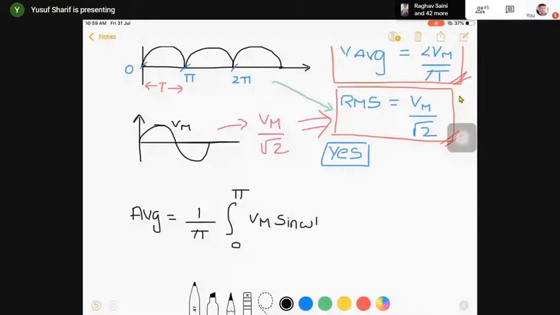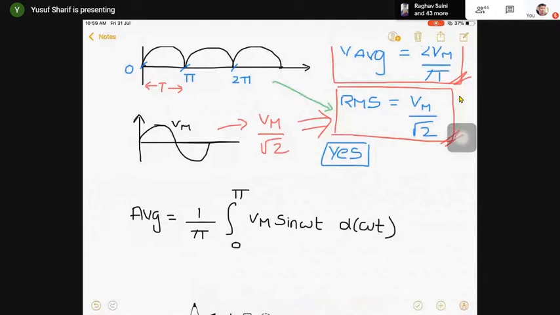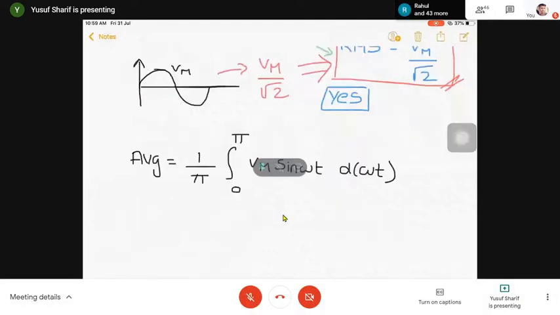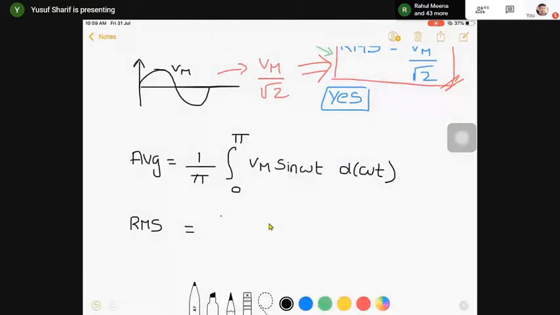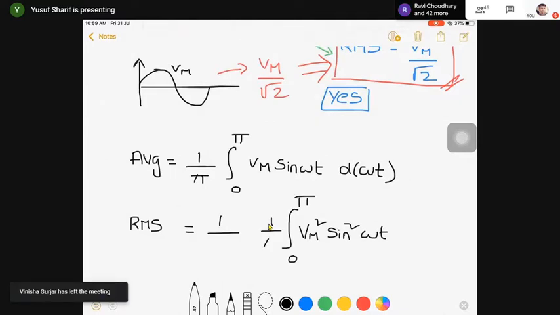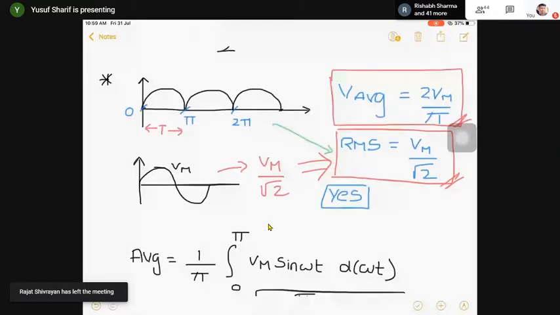So here, this is how you'll be getting the average value. And if I talk about the RMS value, the result, how you'll be getting the RMS value is 1 by... So what is the time period here again? Well, let me do one thing. Let me square the waveform. Vm square sine square omega t, right? 0 to pi, 1 by pi. So this is how you will be getting your result. Fine. So ये जो result लिखा है, you'll be getting the same result. So I'm not going for the calculation part, so you can do it by yourself. Is this clear?